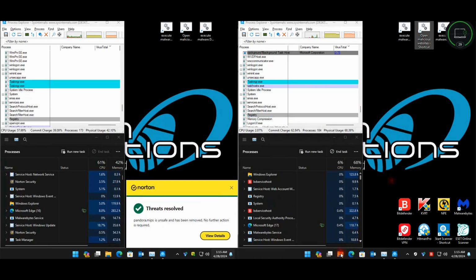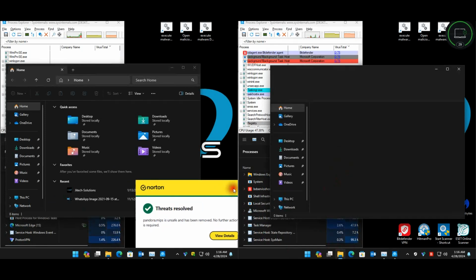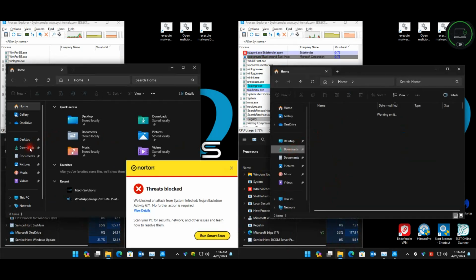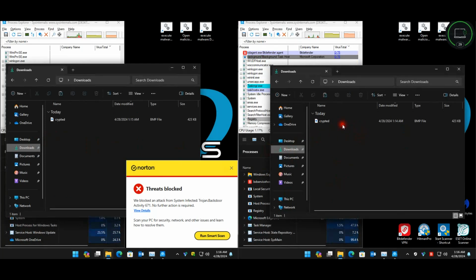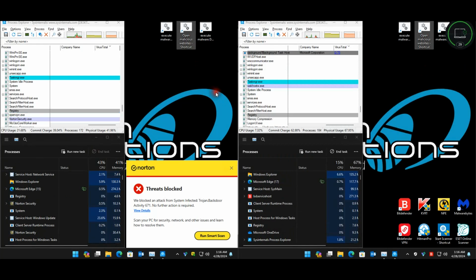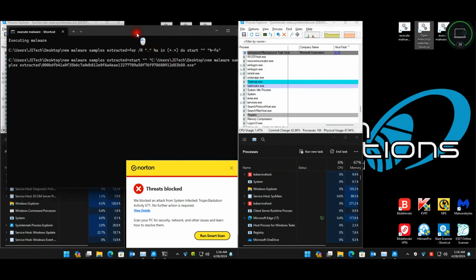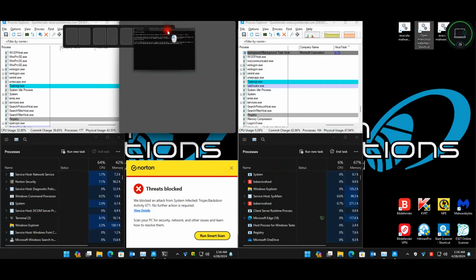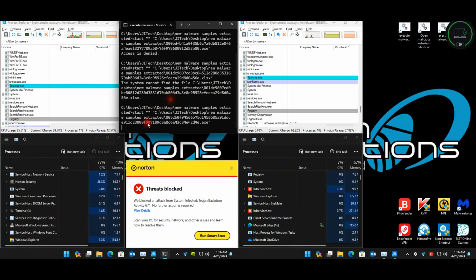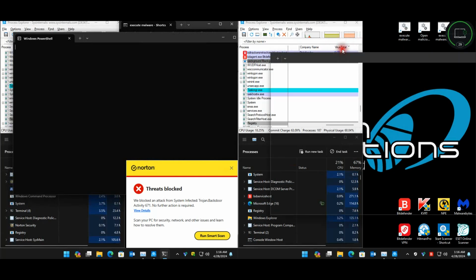Let's have a quick squiz if anything downloaded. Okay, so we only have the bitmap file, and the bitmap file is exactly the same as in the previous test. Now that was nice, quick and easy. We are going to do the malware. Okay, we're going to put our little thingamajiggy there. Start the malware.